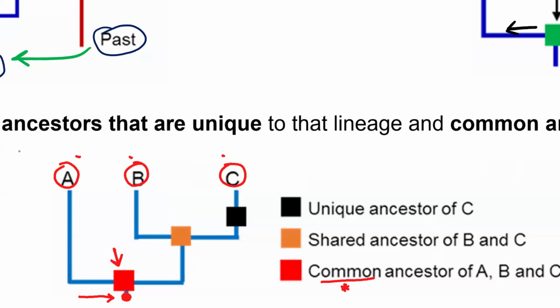whereby this common ancestor forms two species. In this case, it forms the species A, or the descendant A. So the descendant A here has been formed from the common ancestor. And then it also forms the other species, which I'm going to represent using green, but it's actually yellow, not green. It is this one, this ancestor here.